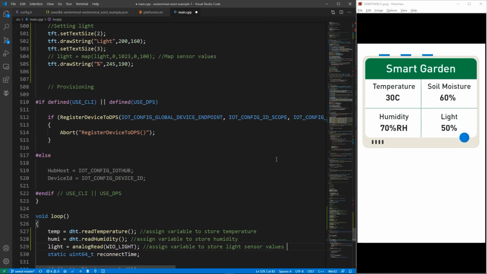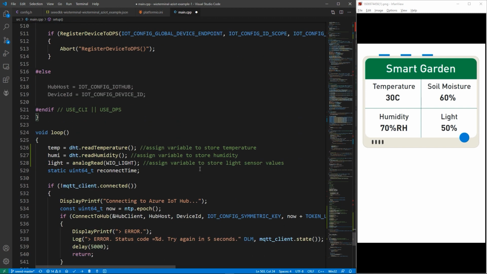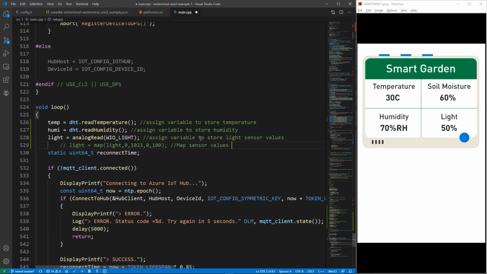Then go up in the code and here cut and paste here, uncomment it as well. So this will map the light sensor values ranging from 0 to 1023 to 0 to 100. So this range will be mapped to this range, so that this value can be illustrated as a percentage.